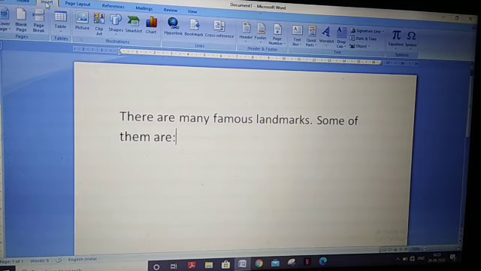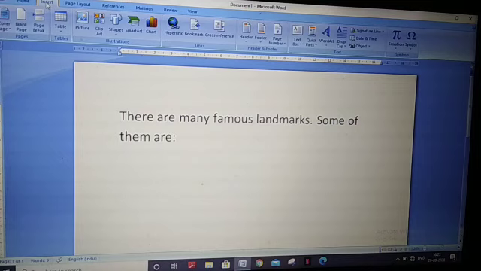Now our next topic is editing text. Editing text means making changes over the text. For example, I already typed 2 sentences. There are many famous landmarks. Some of them are. So the text I already typed there. Now we are going to do editing over this text.